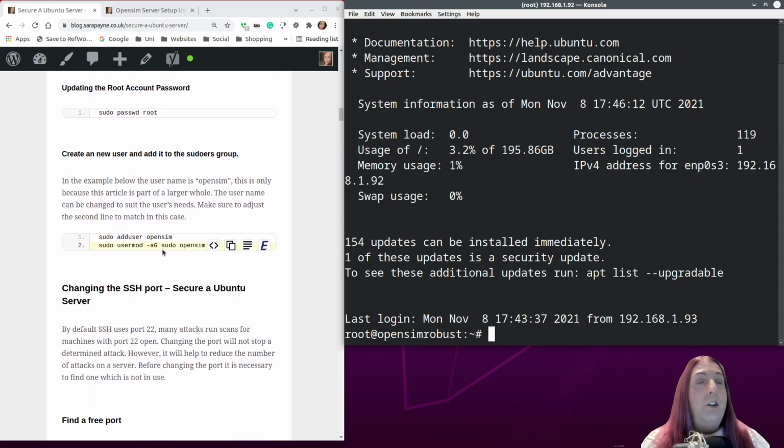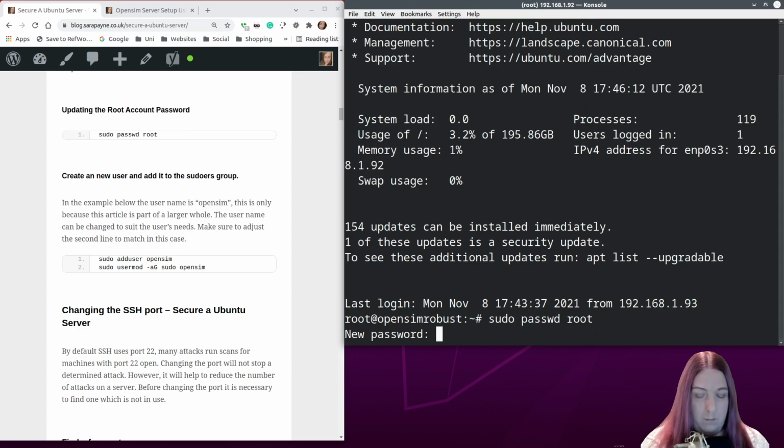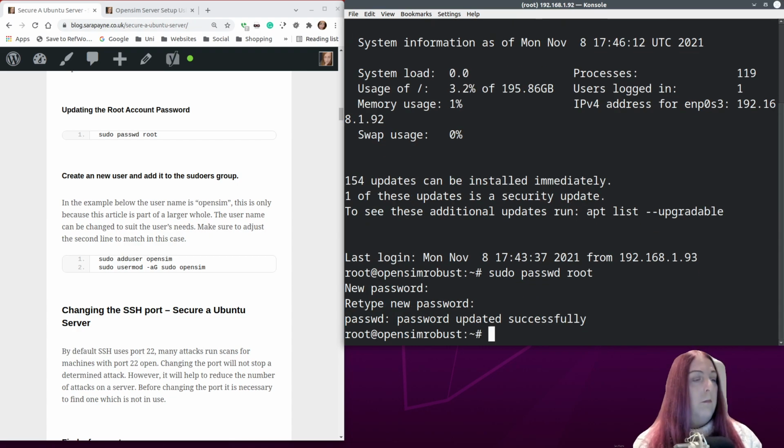And the first thing we need to do is actually update the root password, because we don't want to leave the root password as it was sent here or first displayed to you, because that is a security risk. So having done that,